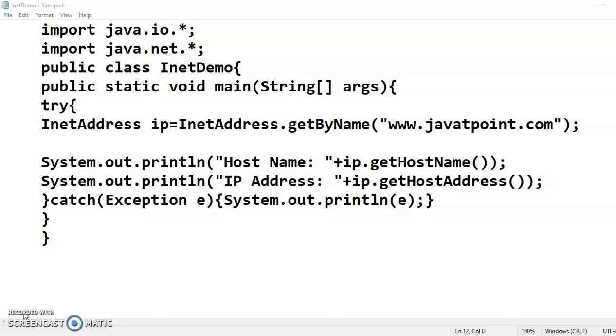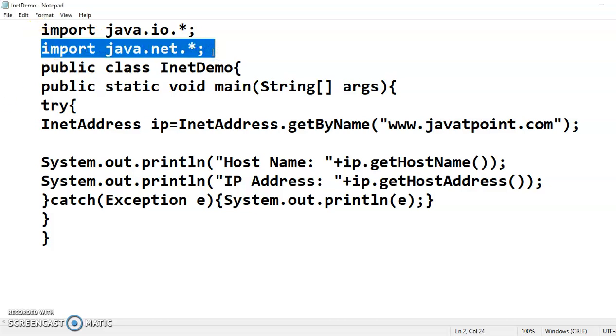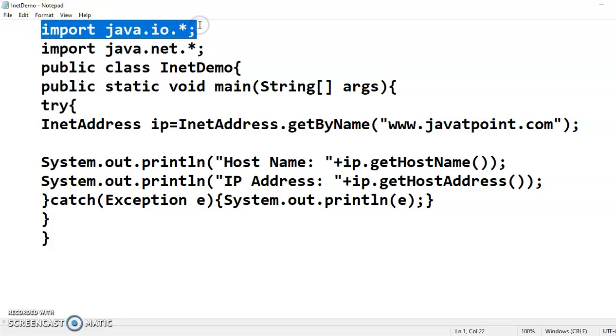The purpose is to find the local machine name and its IP address. As this is related to networking concepts in Java, we need to use some of the packages related to networking. One package is import java.net.*. You are supposed to use this whenever you are using the InetAddress class, URL class, Socket class, or ServerSocket class, because the definitions of all these classes exist in this package. There is one more import, java.io.*, which is the usual one for handling input and output.